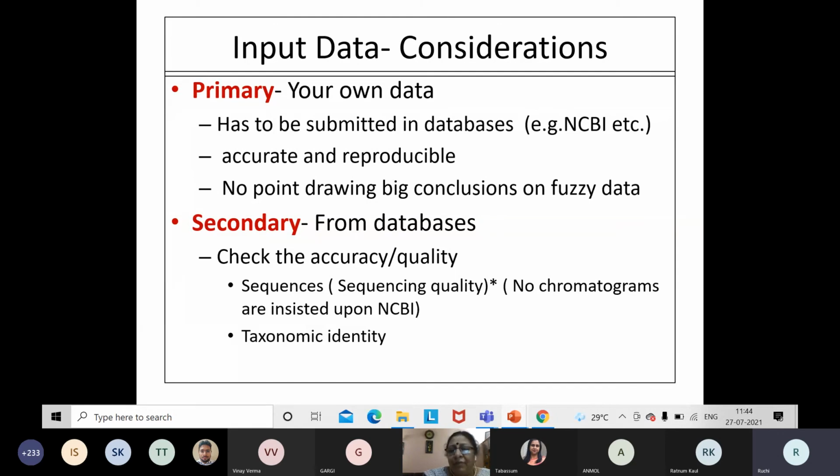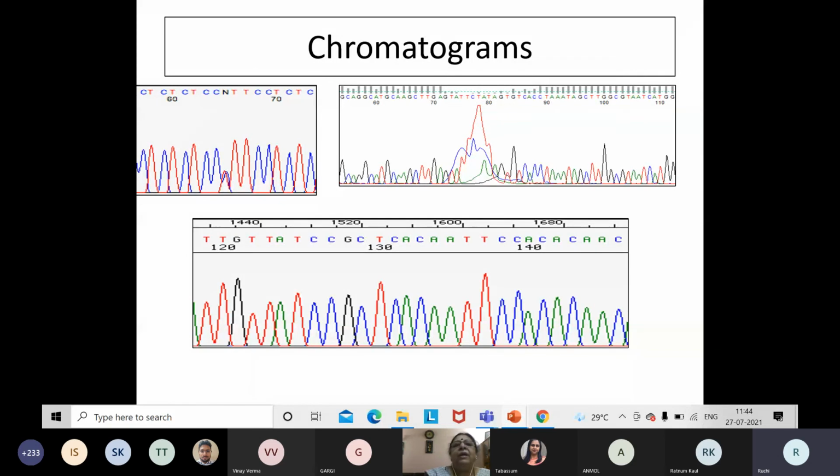Second thing is, whenever we are doing bioinformatics, we are essentially dealing with data from some living organism. The taxonomic identity of the information which has been deposited in the databases which we are going to use, we are not sure whether it is absolutely correct or not. This is again a very important caution which you all should use when you do bioinformatics. Next, please. I'll just give you an example here.